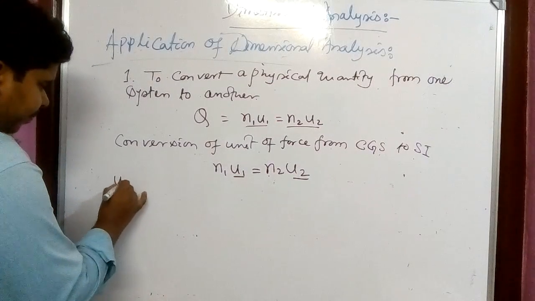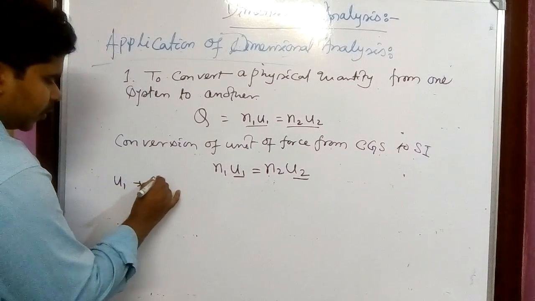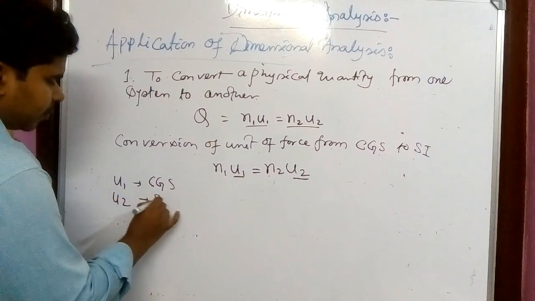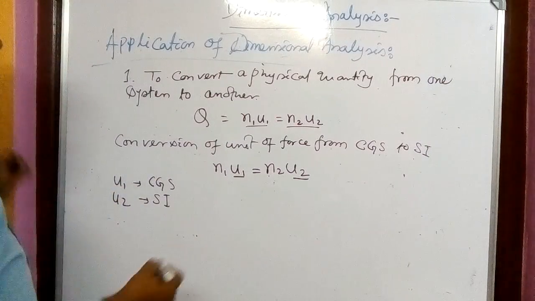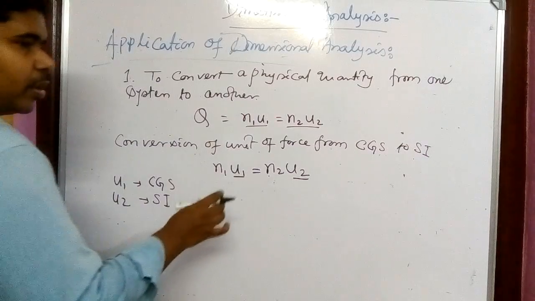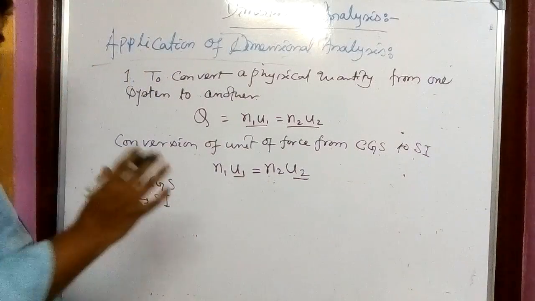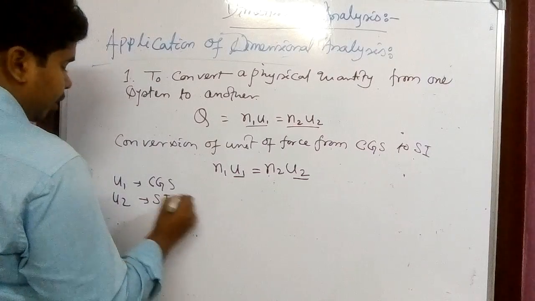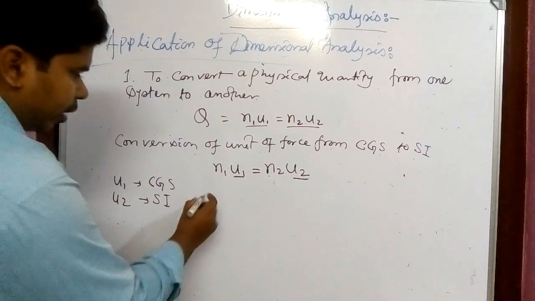Let's say U1 is for CGS and U2 is for SI. Now we can put the dimensions because we have just read the dimension. So what should be the dimension here? For U1 we can write down